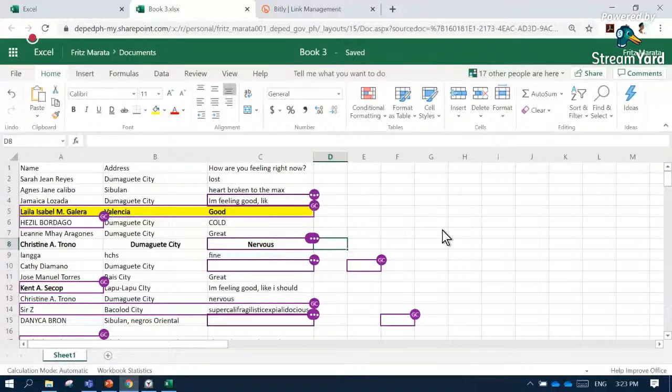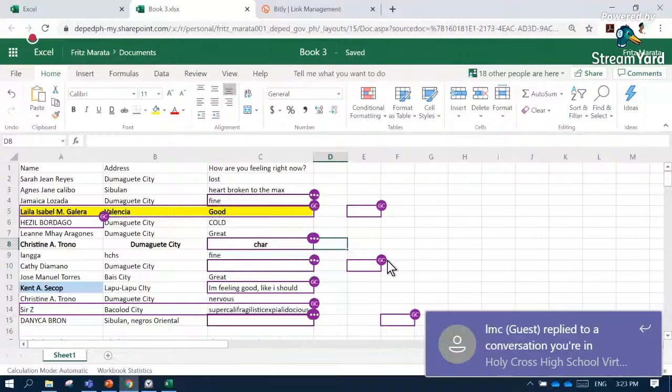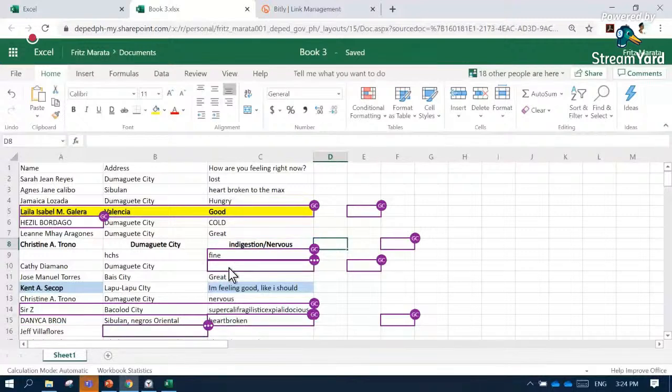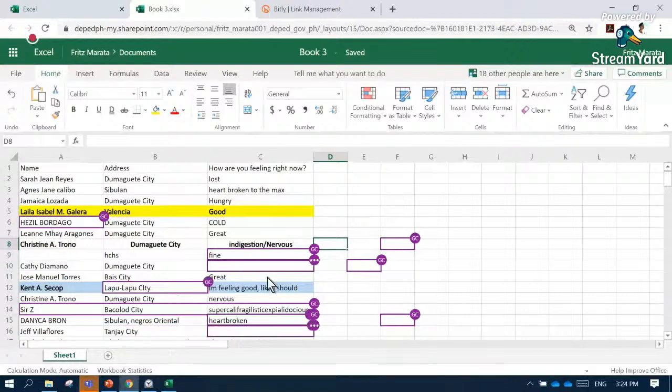We have Langga from HCHS. She's feeling fine, or he, I don't know. We have Ma'am Cathy Jamano, and still typing. Sir Jose Manuel Torres from Bai City is feeling great. That's good, Sir Jose. Sir Kent Seco from Lapu-Lapu City is feeling good.